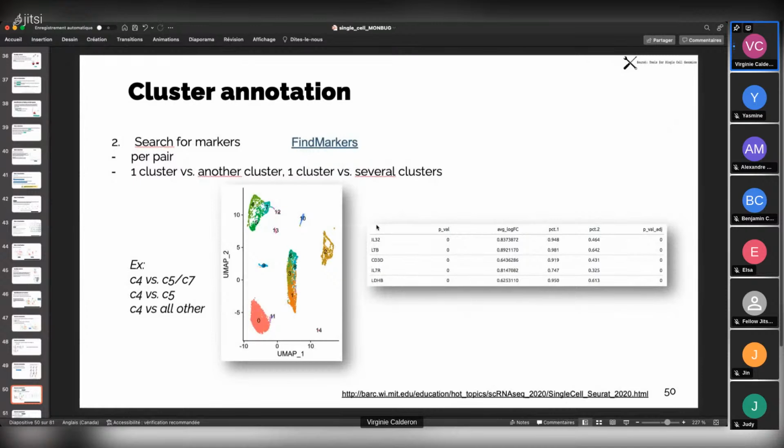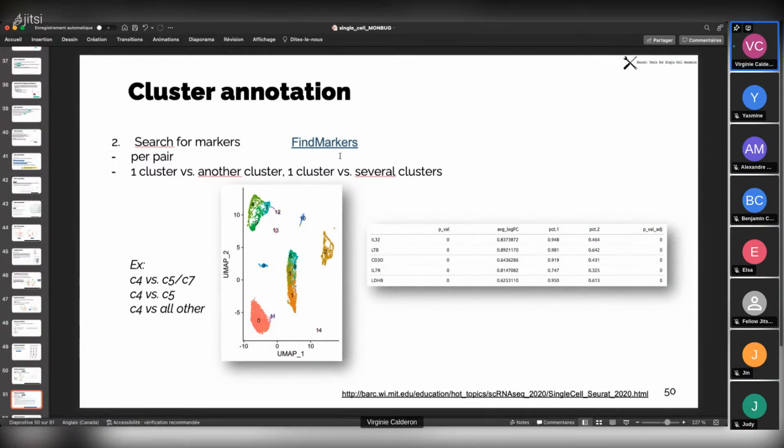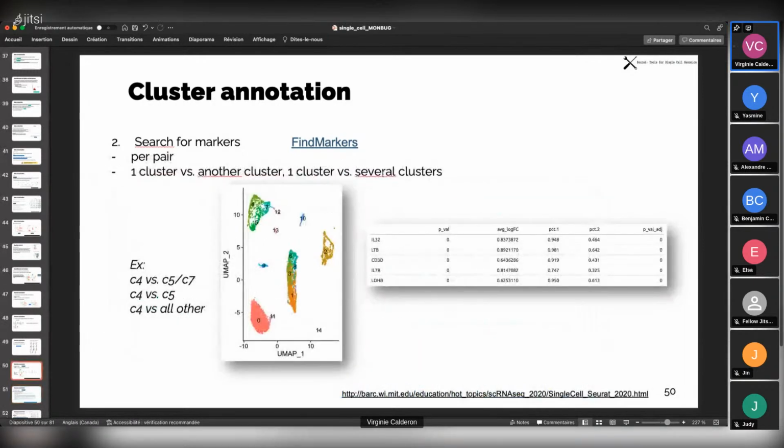Sometimes you don't have any markers, so you can look for these markers. As I told you, I can compare clusters against all other clusters, or in a pairwise way. To do this, you can use the find markers function, for which there are several methods, which I will mention just after. And it will just give you a list of genes, so a list of markers,